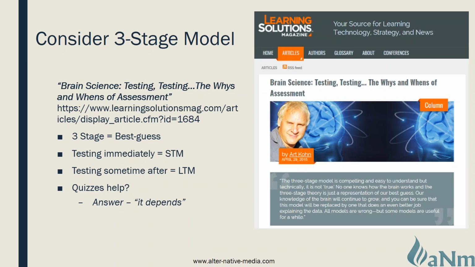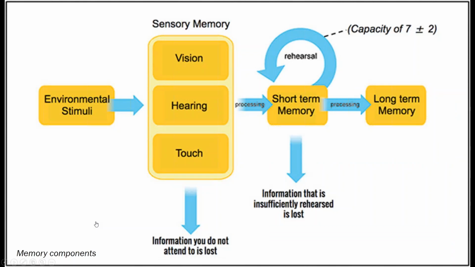But the three-stage model is basically just a best guess, and it's our best guess right now of how the mind works. And here's an image from that same article. You see incoming information, environmental stimuli, into our minds, and we can take these in from our various senses: our vision, hearing, or touch. There is some information that we just do not retain, but some information we process, and that goes into